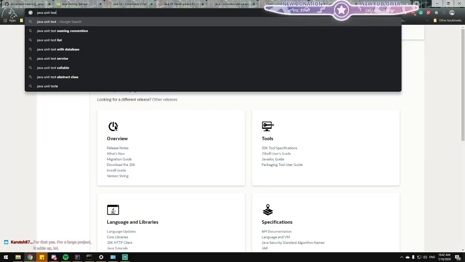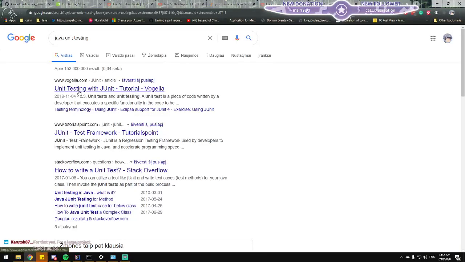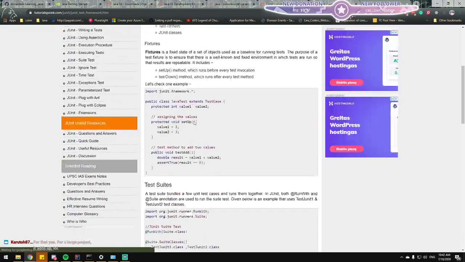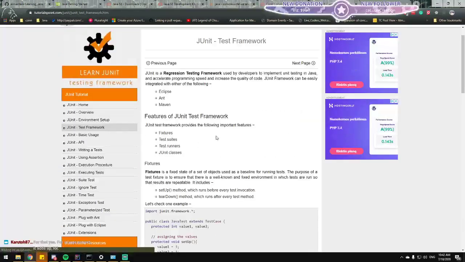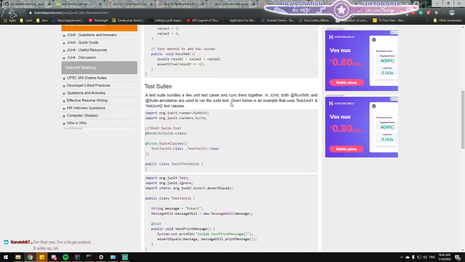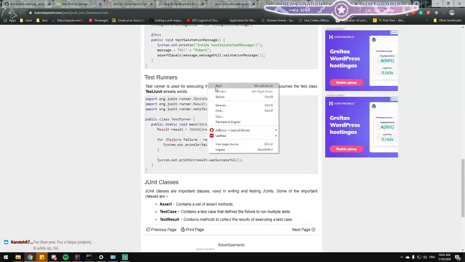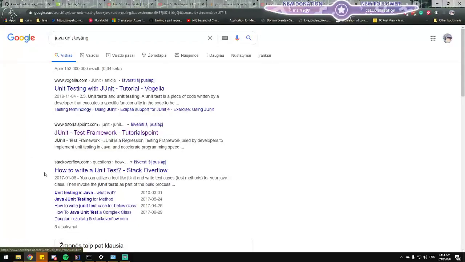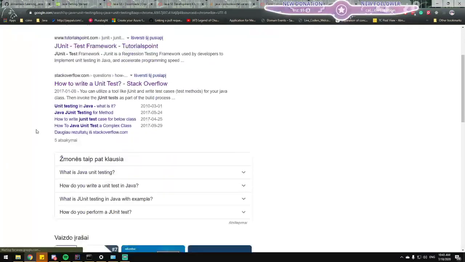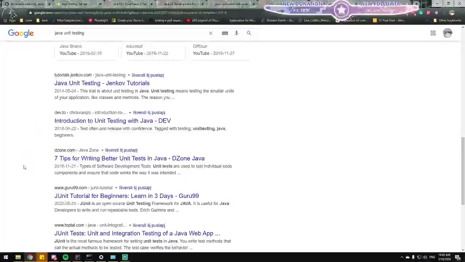Java unit testing. JUnit. La la la, features, blah blah blah. How do I actually create it? Sure. Pictures, test suites, blah blah, I don't care. How to write a unit test. Define, okay, I don't care. I know that.